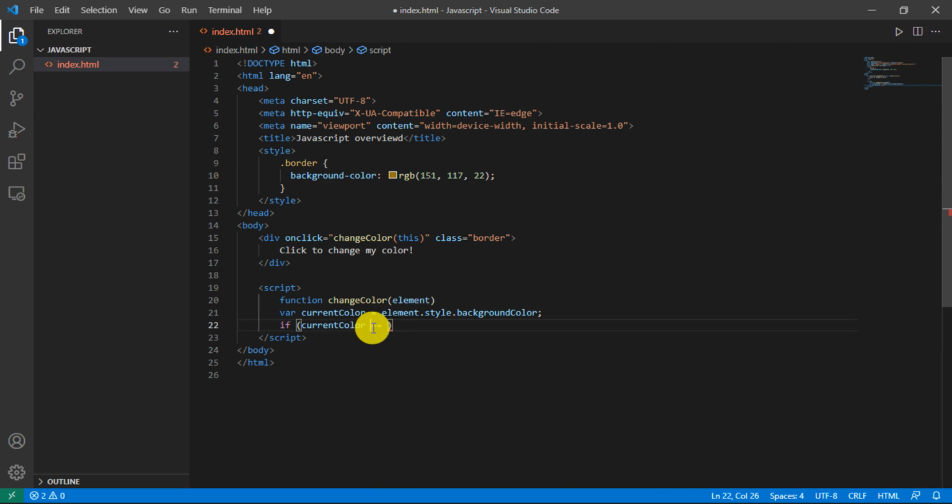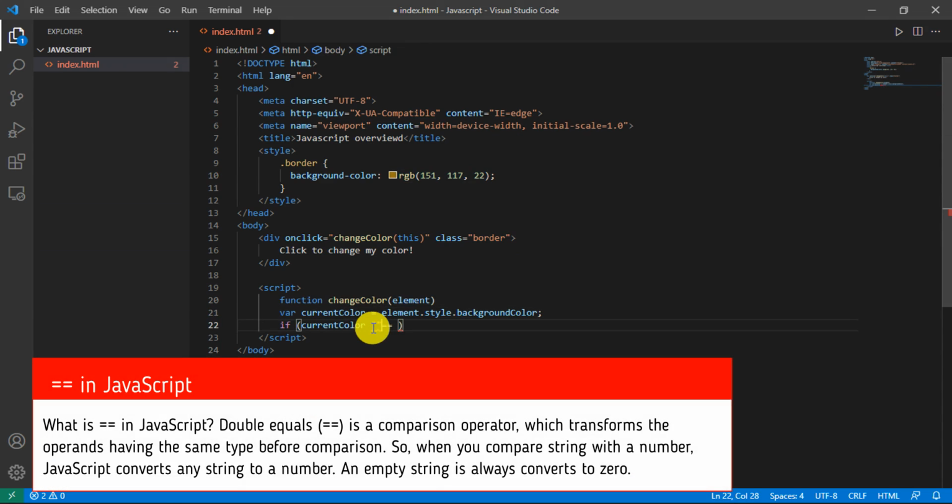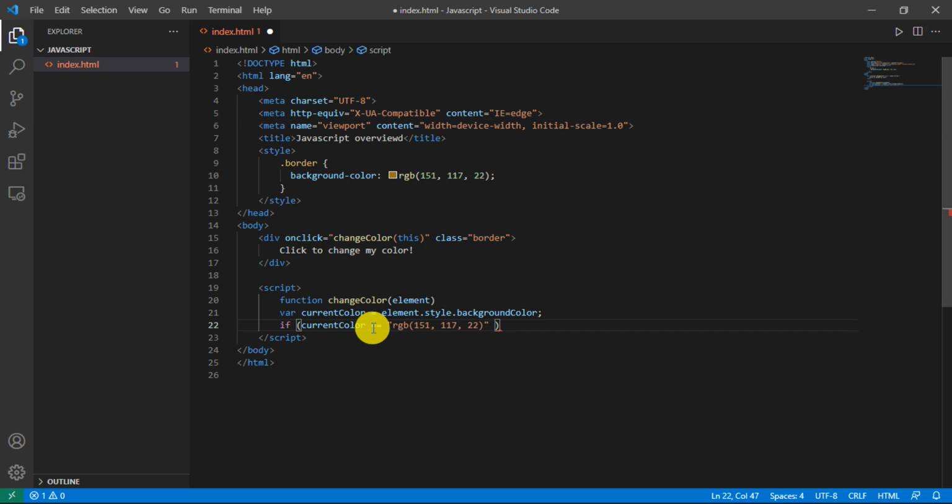The current color is equal, add some double quotation and get everything, and we'll paste our color in here, which is our RGB, blah blah blah. If the current color is equal to that gold stuff, right? Then the element dot style dot background will be equal to